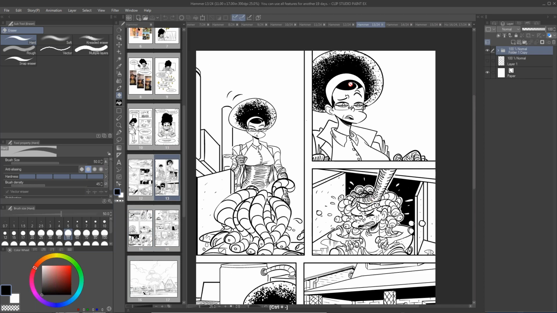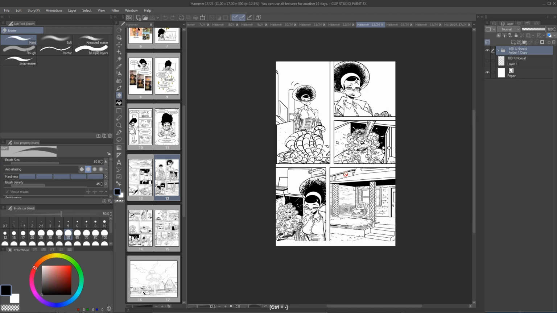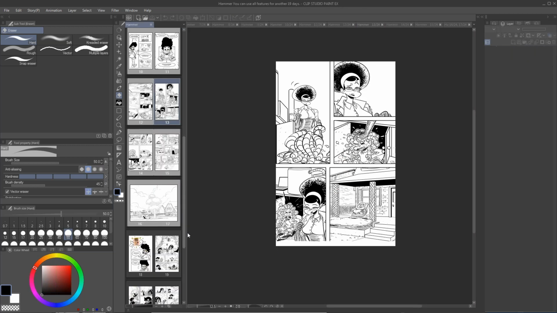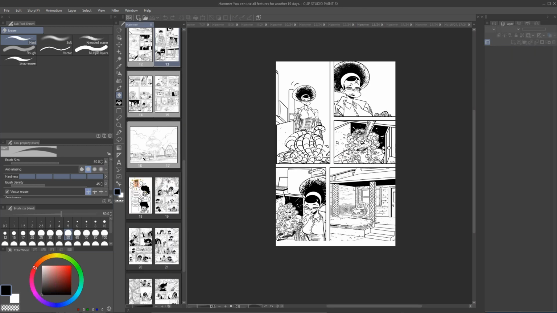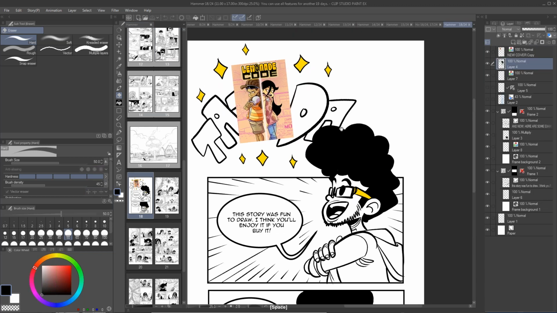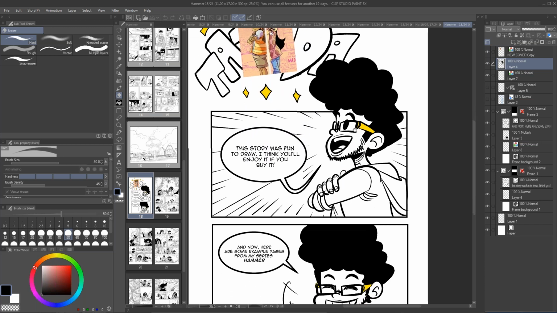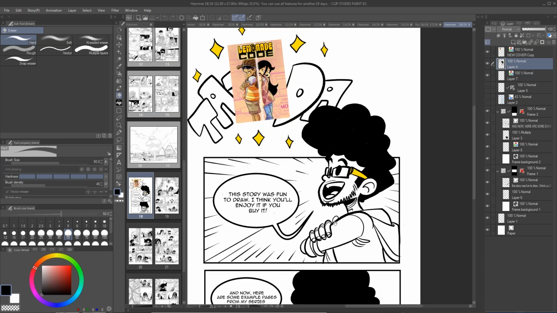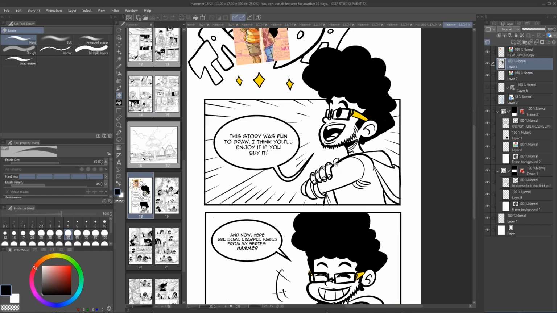Like I said, this is just something that you can do as a comic book artist. Visual storytelling, the sequential art of it all, is very, very important. Like I said, Lemonade Code was a very, very fun book to draw, and I had a blast doing it. It was very cool. So definitely go check it out if you want to.